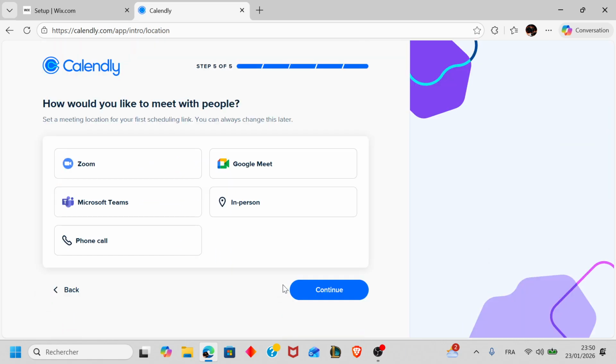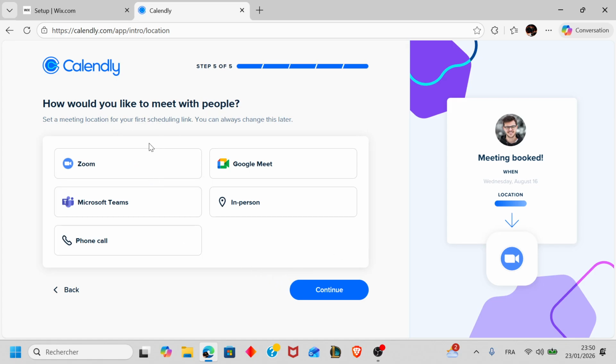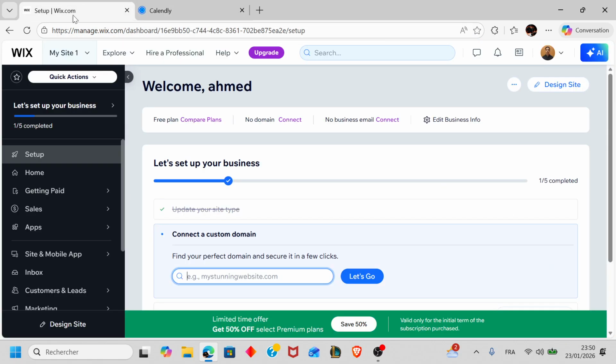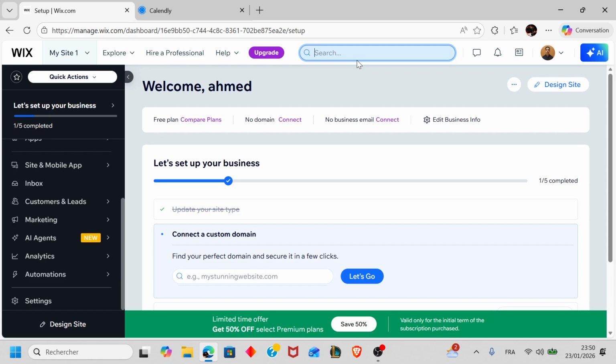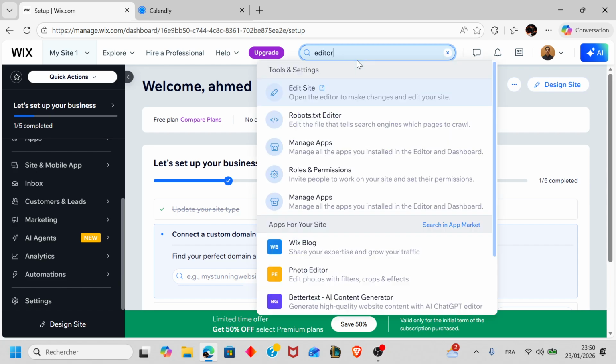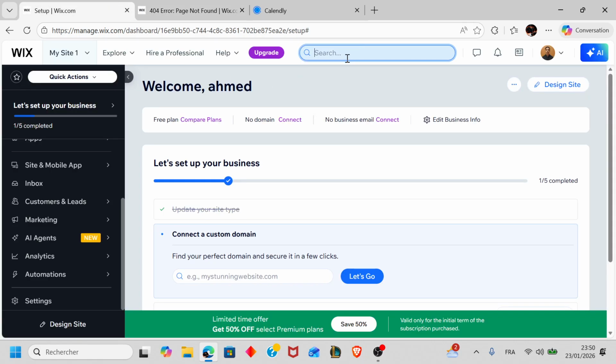Once you do that, you're gonna open the Wix editor. You're gonna go to wix.com, and then you're gonna go to the Wix editor. You can search for it in the search bar right here. Like, we're gonna search for editor. Once you find the Wix editor or the websites, as you can see here, you're gonna click on Add Plus